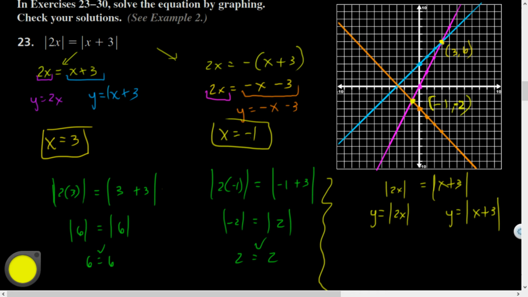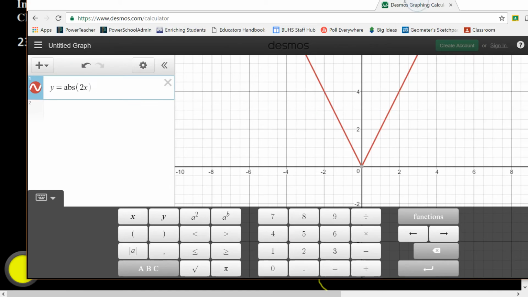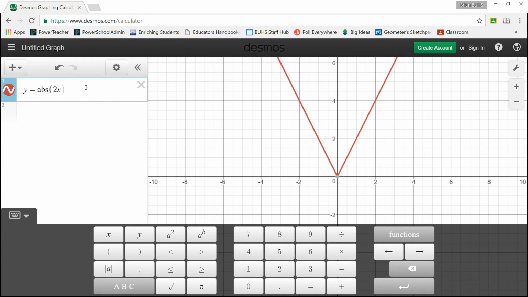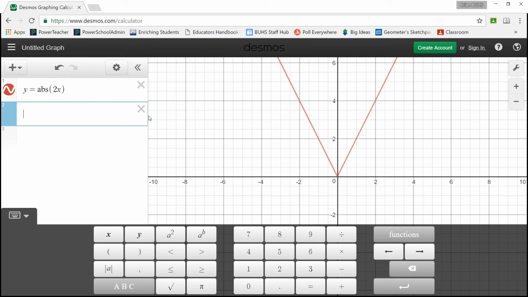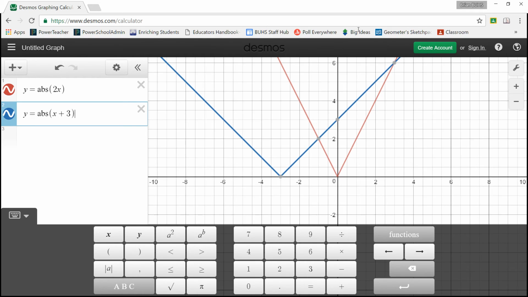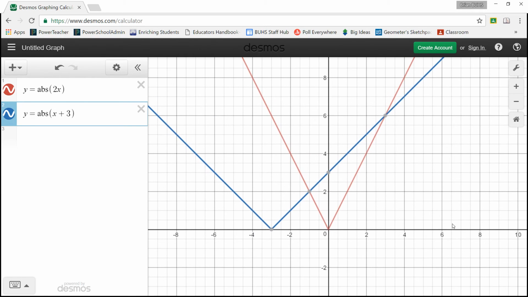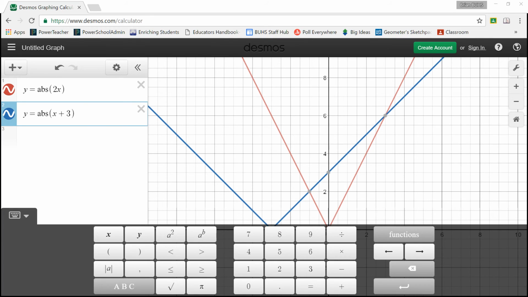Let me just graph those real quick. Y equals abs 2x. All right, so here's y equals abs 2x. Notice I literally write ABS. And let's see, y equals abs x plus 3, all inside. There we go. And if I wanted to find the intersection between these two,